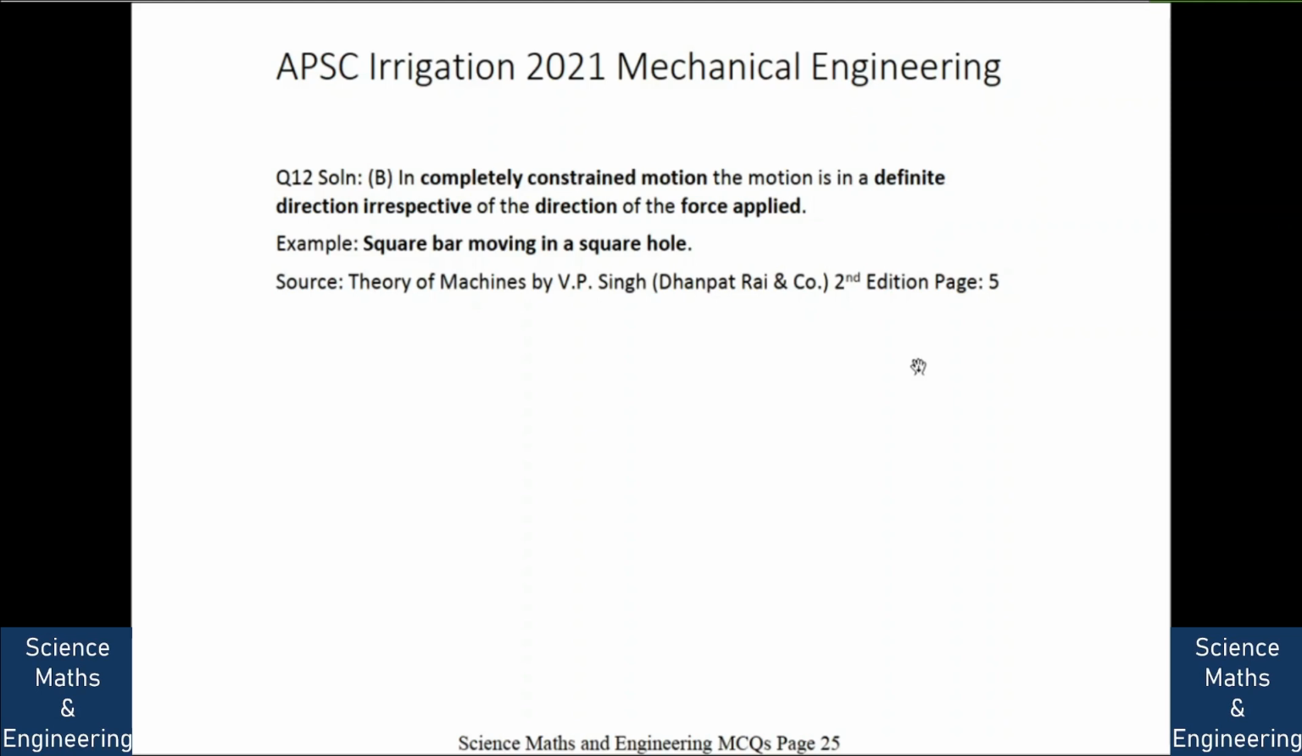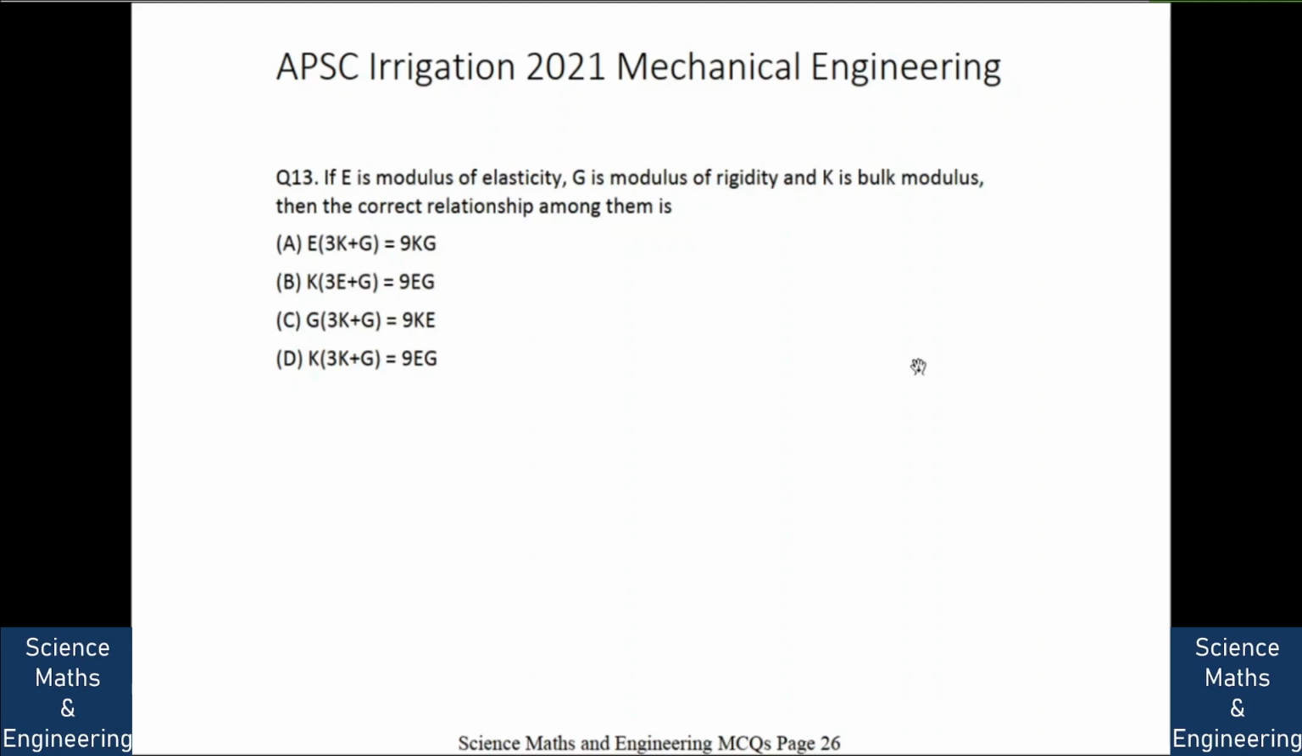So next we will go to the next question. Question 13. If E is modulus of elasticity, G is modulus of rigidity, and K is bulk modulus, then the correct relationship among them is